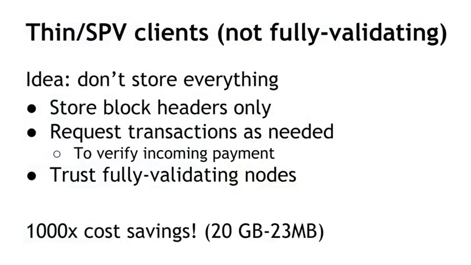Now, an SPV client like this won't have the full security level of being a fully validating node. And the reason is that when they hear a new block, the only thing they can check is the block header. They can check to see that the block was difficult to mine, but they can't check to see that every transaction included in that block is actually valid because they don't have the entire previous blockchain. They don't know the entire unspent transaction output set. They can only validate the transactions that actually affect them. So they're essentially trusting the fully validating nodes to have validated all the other transactions that are out there.